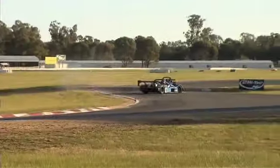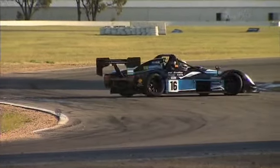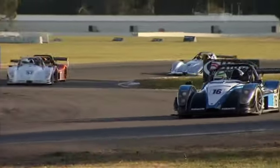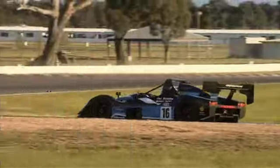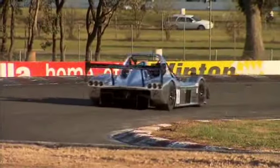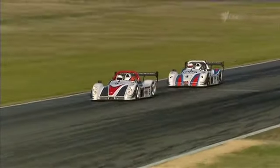Good driver change. Oh, here we go. Phil Ansel, by the look of it. Oh no, that's Ollie Smith. Little spin through the sweeper. Ollie's done a little bit of that over the course of the last couple of rounds of the Radical Australia Cup because he's fairly notorious for having a spin at Phillip Island in fairly challenging conditions, shall we say, in the end. Very fast, but got to make sure you keep the wheels pointing in the right direction